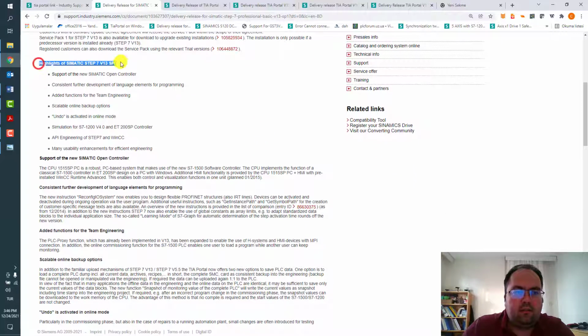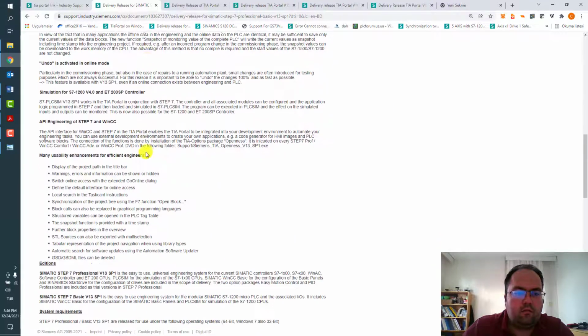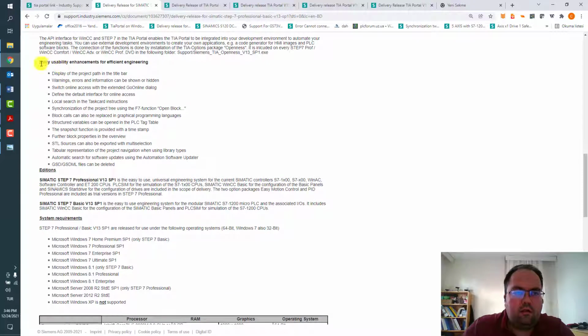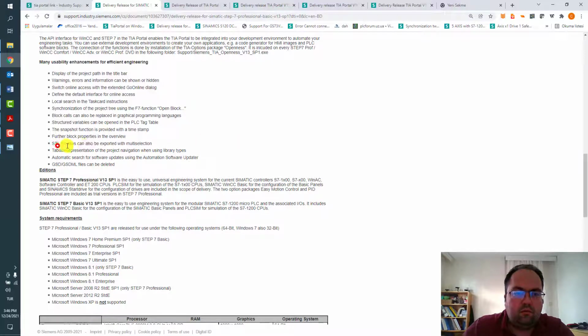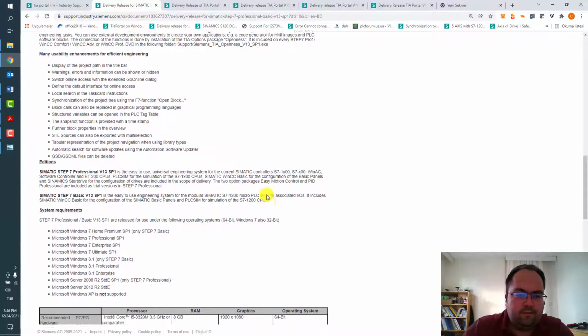There are some highlights. For example, from version 13, Simatic Open Controller was released and supported. Also, there are some simulation functions for S7-1200. And many usability enhancements for efficient engineering, like local search instructions, open block synchronization, STL source can be exported with multi-selection, and so on.